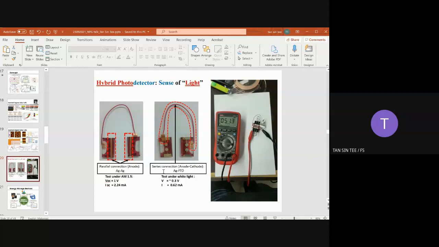A good crocodile clip. If you're using a simple crocodile clip like this, yes, it will scratch your anode. If you repeat your measurement a few times, this will affect the JSC and VOC of the devices. So what is currently used in testing, rather than a crocodile clip, is putting the sample directly onto the sample holder, so they just use a pin to touch the anode and cathode.